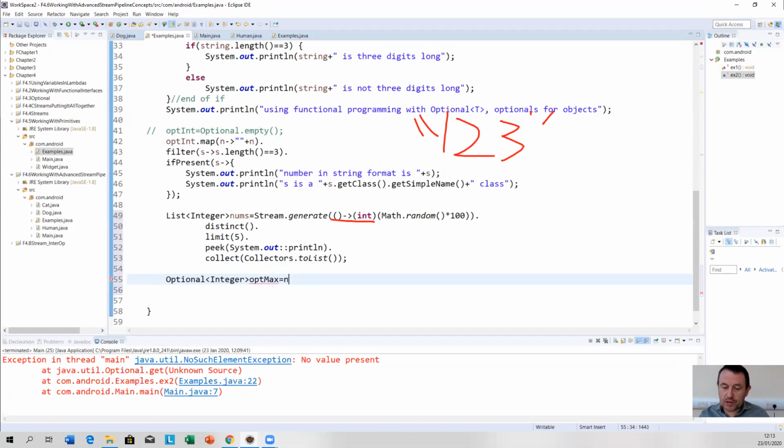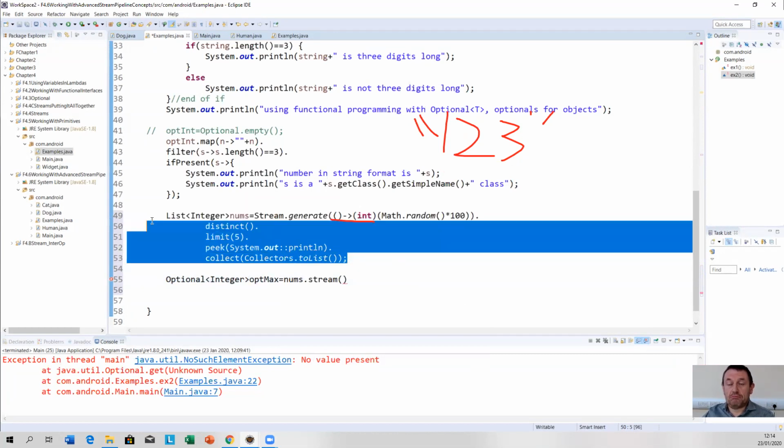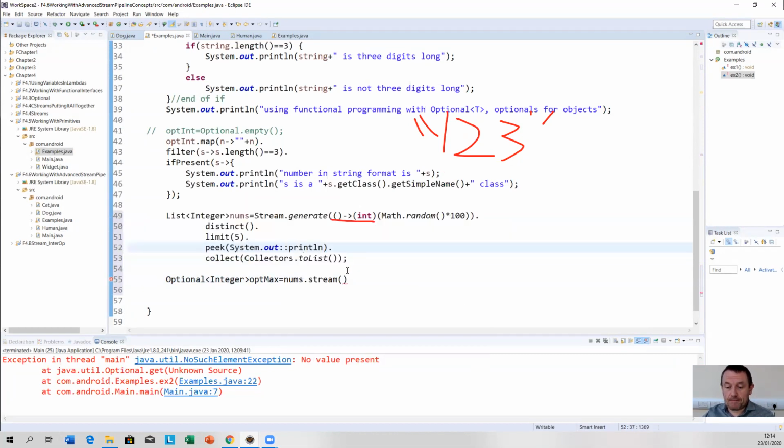So it's equal to nums dot stream. So that creates our stream. So now we have a stream of numbers based on this guy. Okay, so this has the potential to produce these 5 numbers. So nums.stream, it's based on this list of integers. So at this point, it's a stream. If I go dot